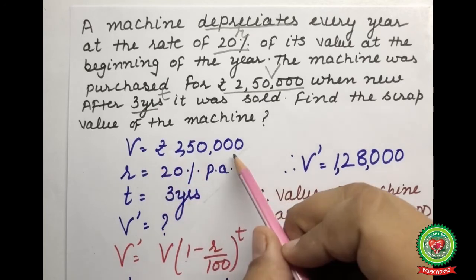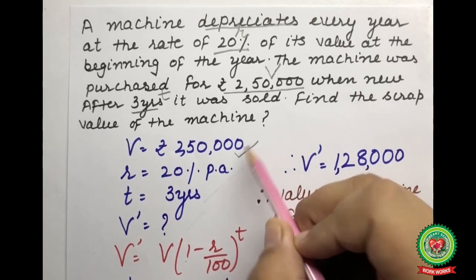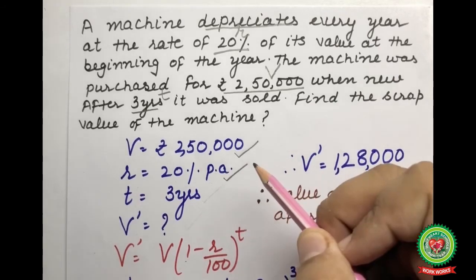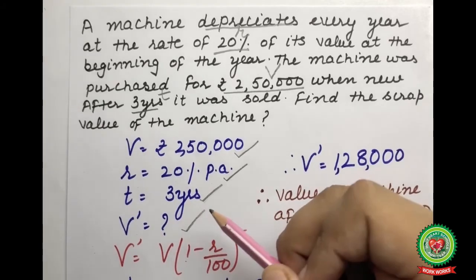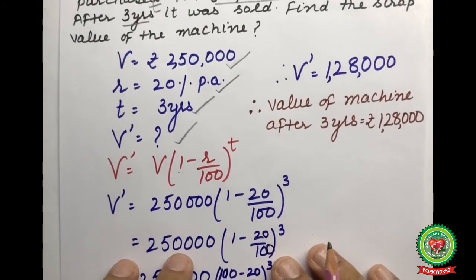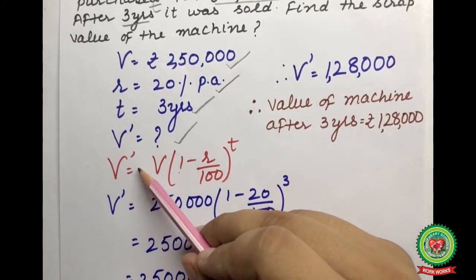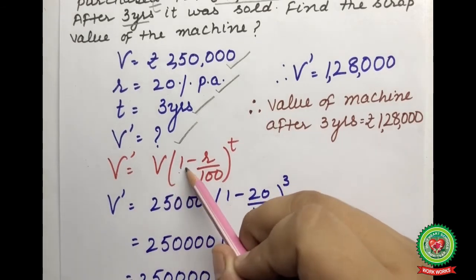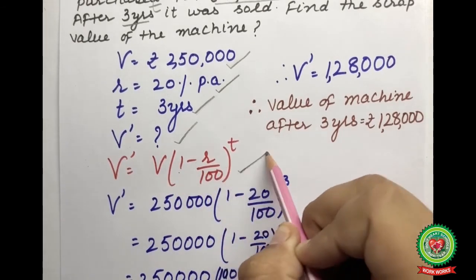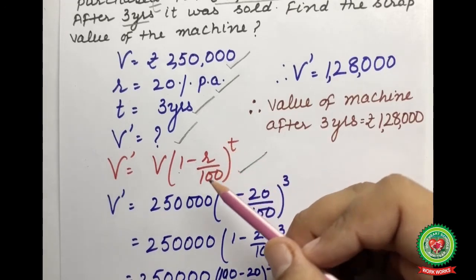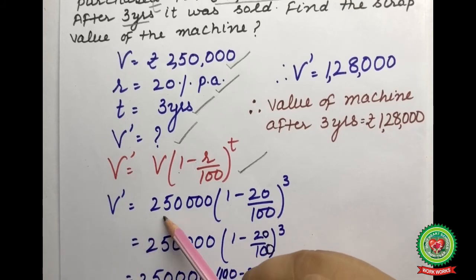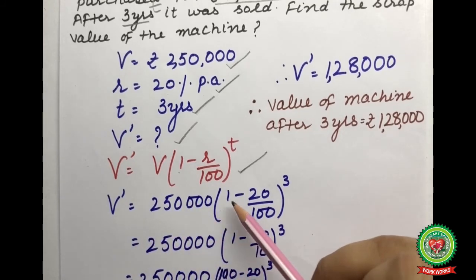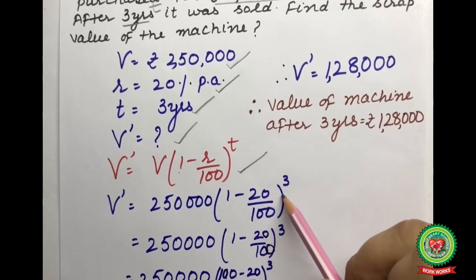Now, we are going to write down what is given to us. So, we are given V is equal to rupees 2,50,000. R is equal to 20% per annum. T is equal to 3 years. And V dash is equal to question mark. As the question was of depreciation, so we are going to apply the formula V dash is equal to V bracket 1 minus R upon 100 raised to power T. Now we are going to substitute the values. On substituting, we get V dash is equal to 2,50,000 bracket 1 minus 20 upon 100 bracket close raised to